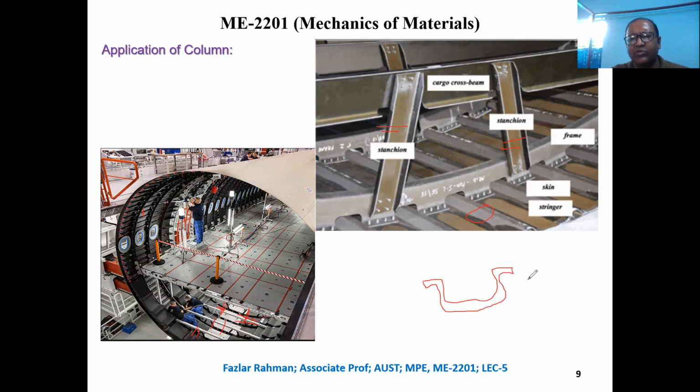And sometimes those cross sections might be C channel, like the letter C, like that. So it depends on the load carrying capacity. They might also work like a compressive member, like this one, C channel. This one was also a column. So similarly, they have columns in